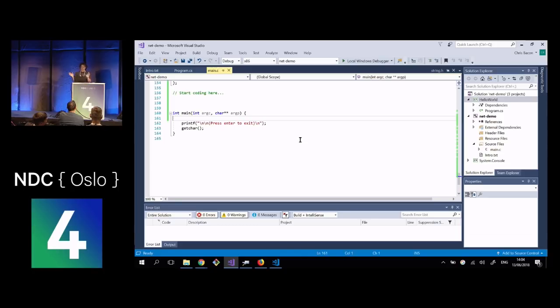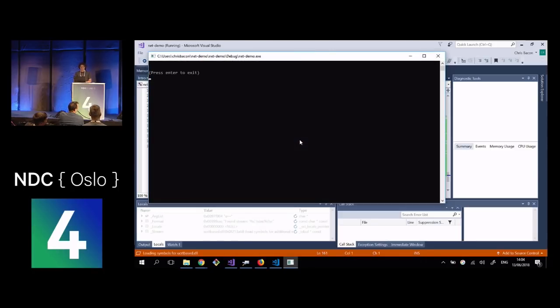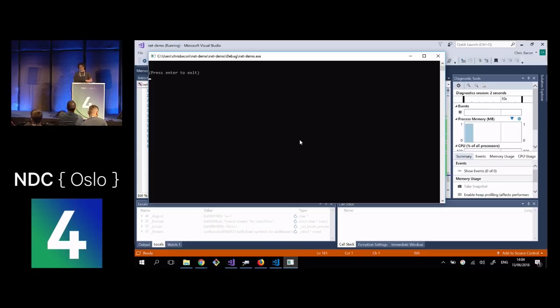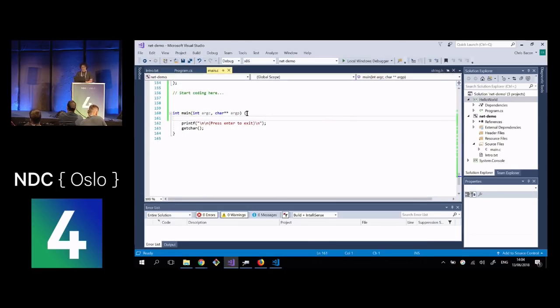If you don't know C, hopefully this is very clear. I'll just run it. And ta-da! Press Enter to exit. There we go. It works. Good news. Right. So